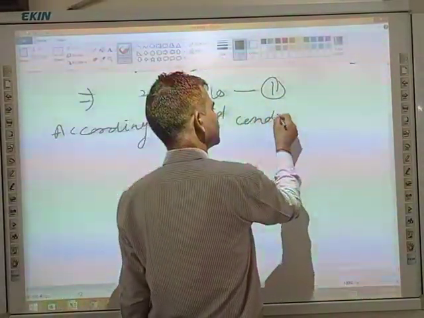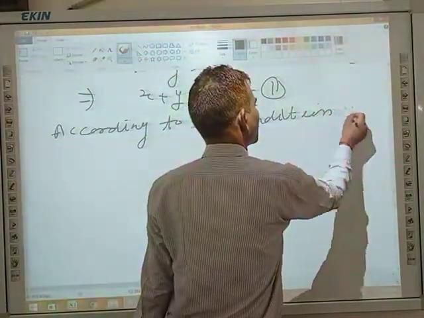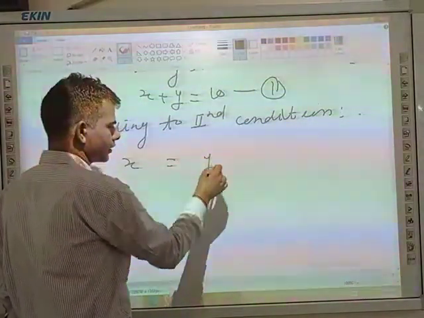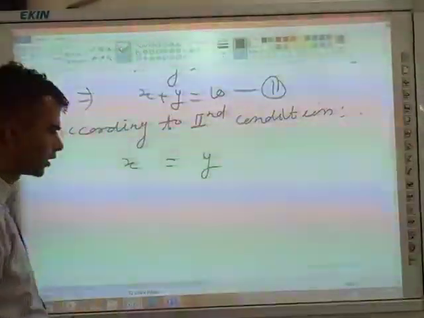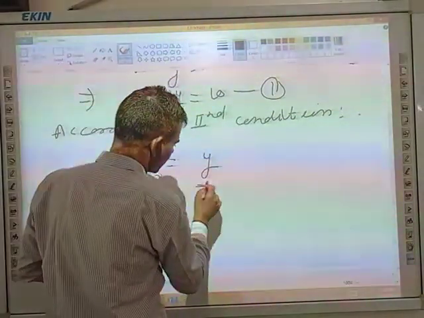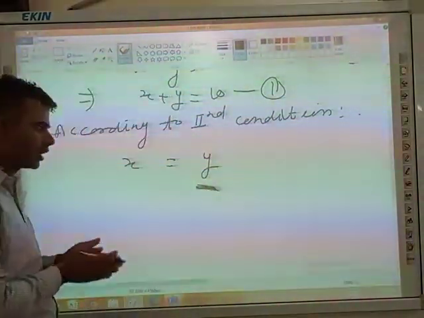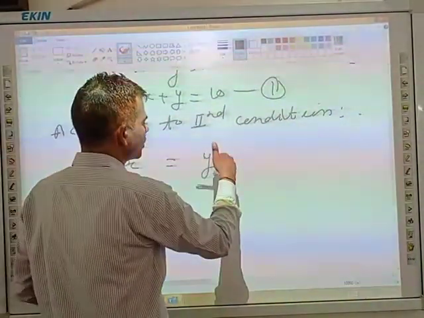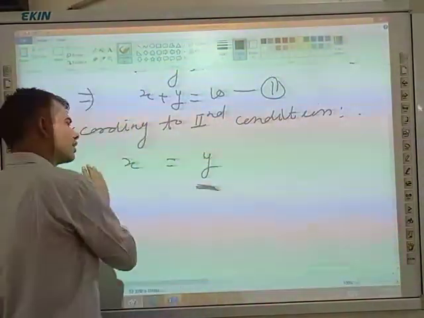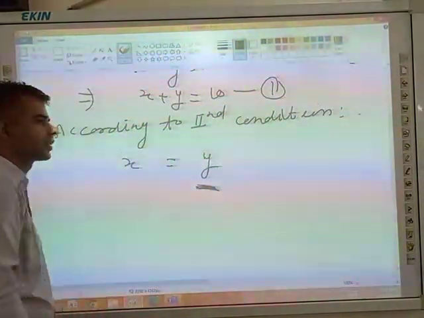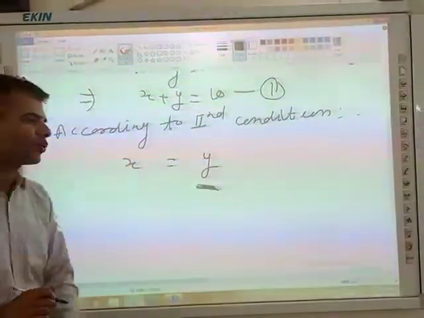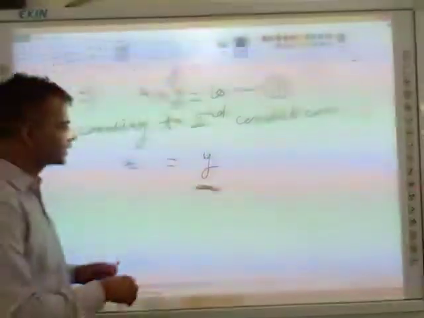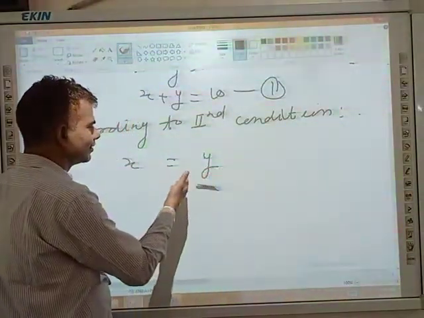Is equal to x plus 4. Now students, these are boys, these are girls. We have to equalize it. Now students, these girls are 4 more than the number of boys. It means this is 4 exceeding the number of boys. We have to equalize it. How can we equalize it? So x is equal to y minus 4.